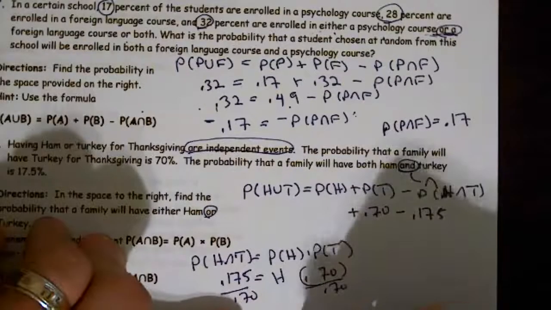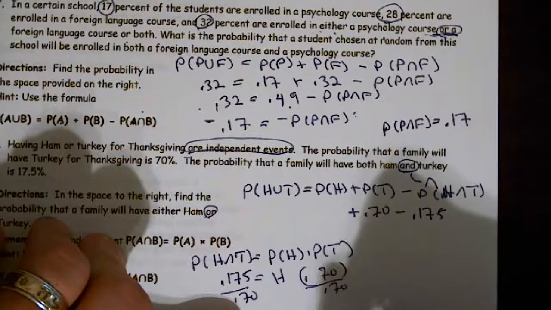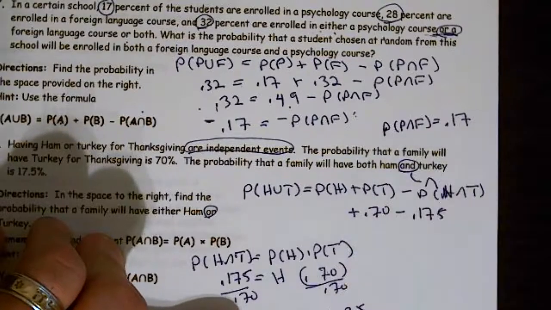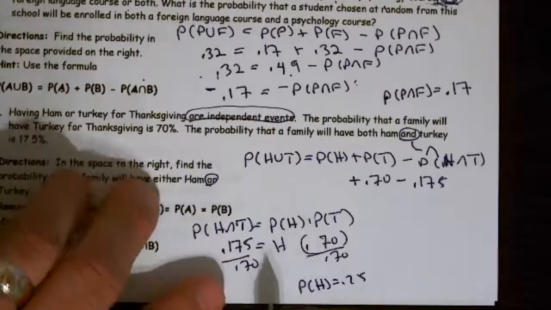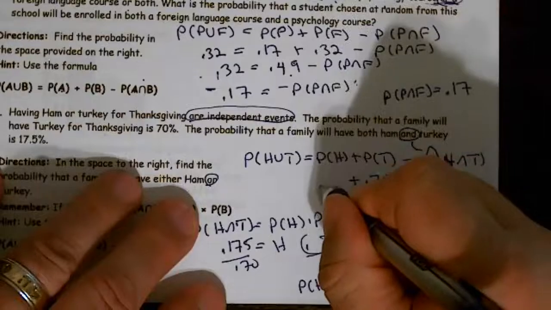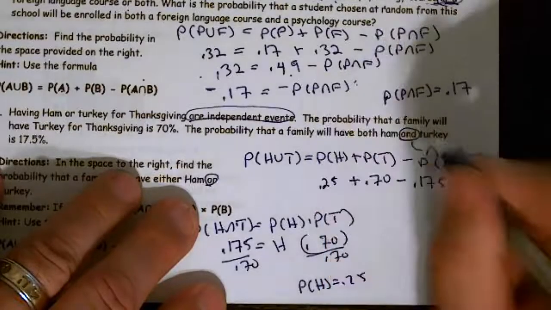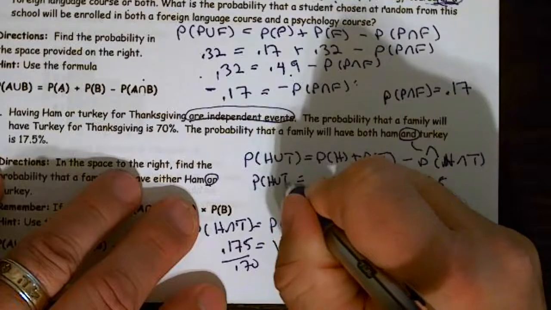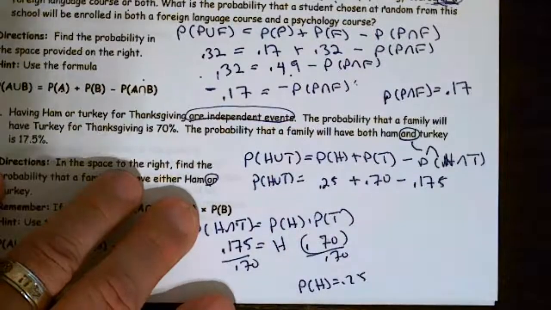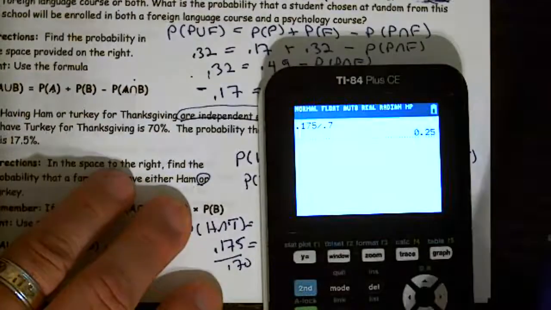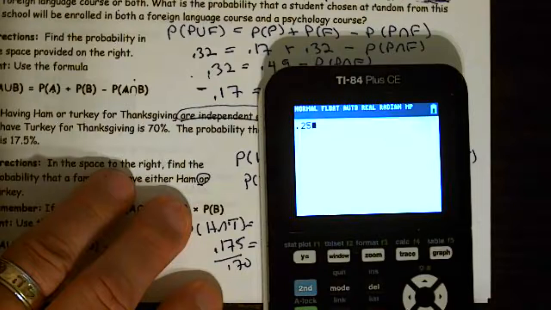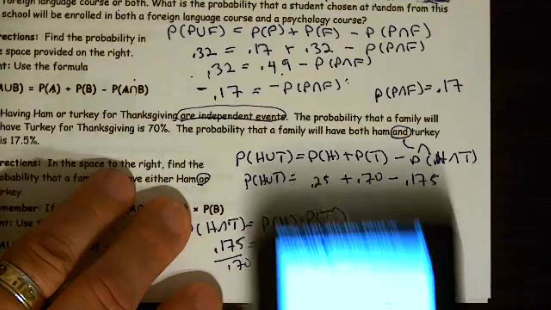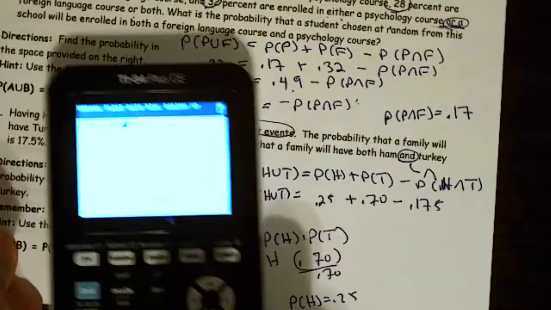So that means the probability of a ham equals 0.25. Now that I have that information, I can plug this in. And when I do that, I end up having 0.25 plus 0.70 minus the intersection of 0.175